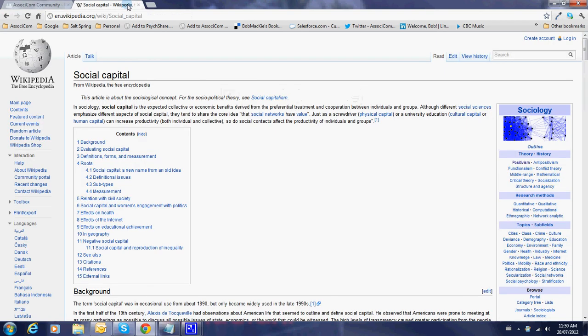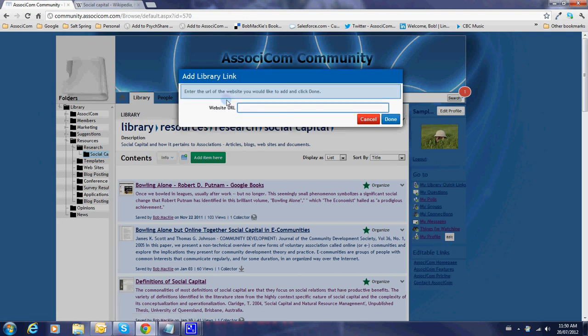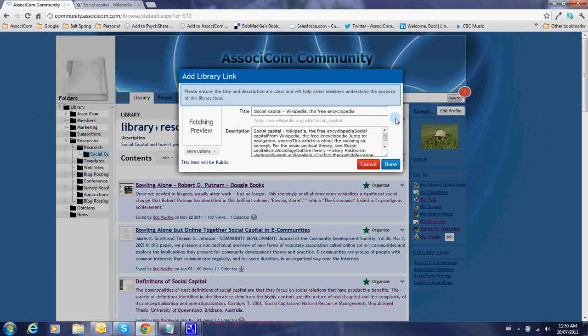Now I've preset a Wikipedia link here on social capital. I'm just going to copy the URL, and then I will stick it right in here because it's a link. It goes there, and I'll paste that right in there and go done. And the interesting thing is that this will immediately go grab information from that website right here, social capital, Wikipedia, etc. You can then edit it,